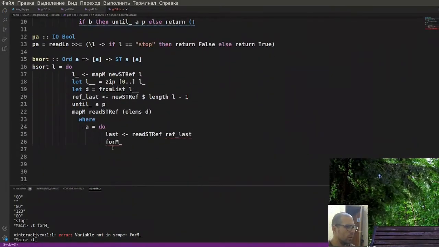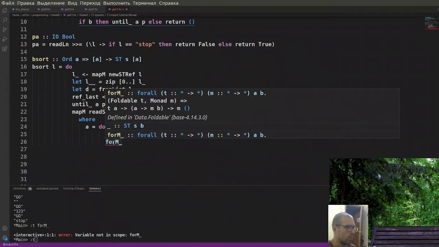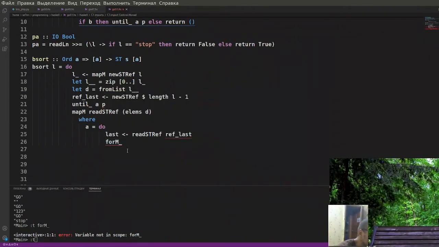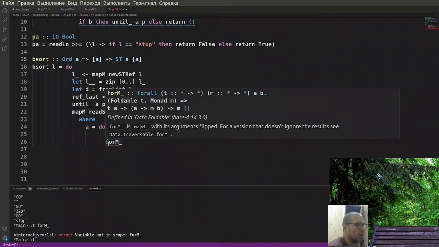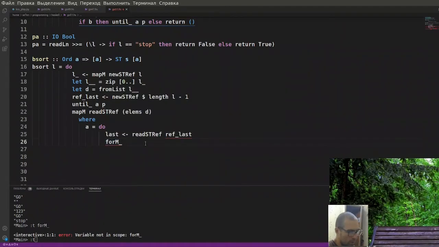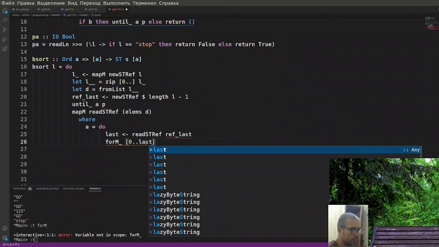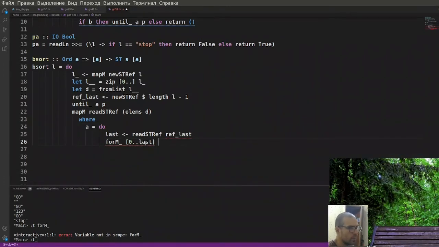And now we can see the type signature. So I can use my list from 0 to last, and